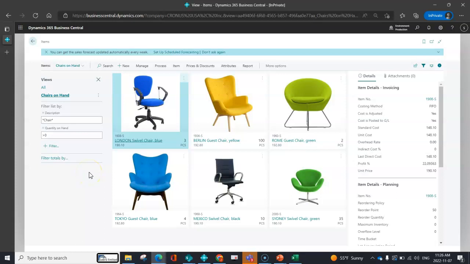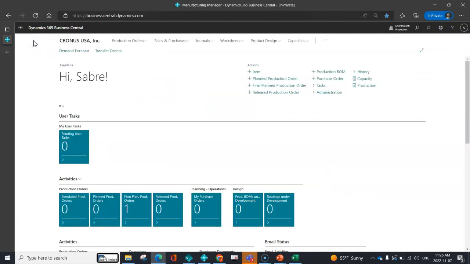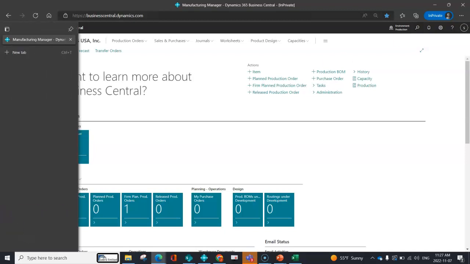I love the ability to just create these little reports. A really common one would be my purchase lines. I could filter my purchase lines list to show me everything where the expected receipt date was less than today. Every week, this is going to dynamically update with the data as it changes in my Business Central. And I could send that off to, for example, my vendors and ask them to give me updated dates. So really, really cool feature.